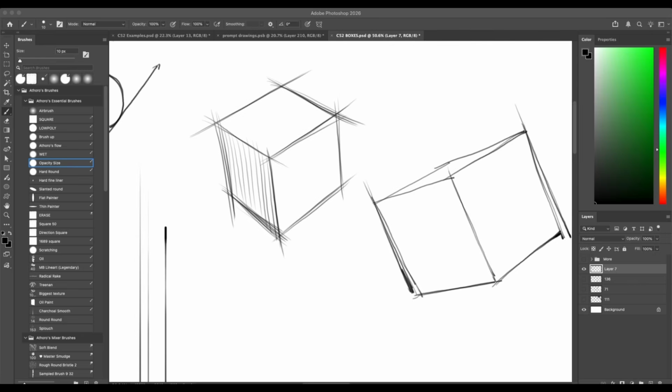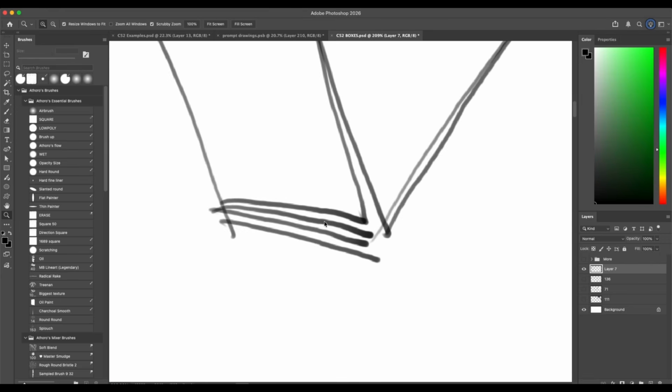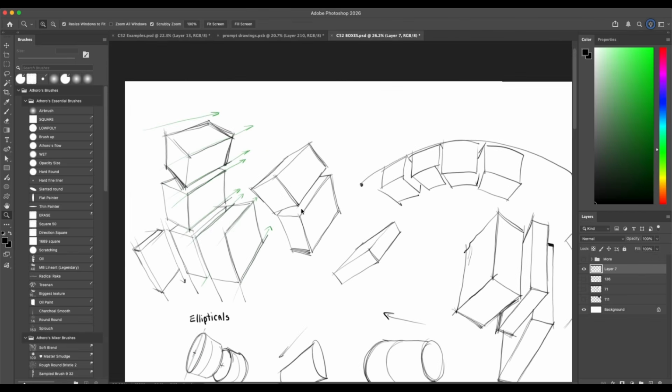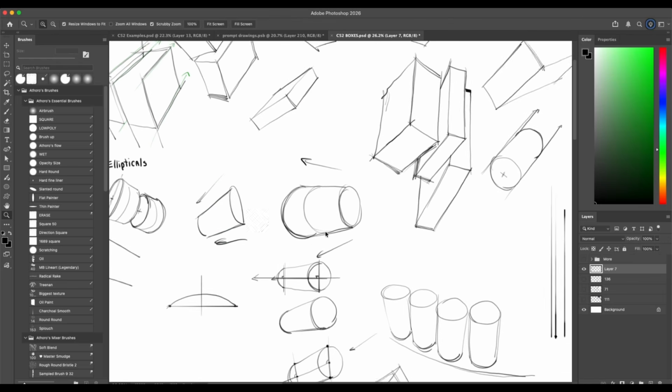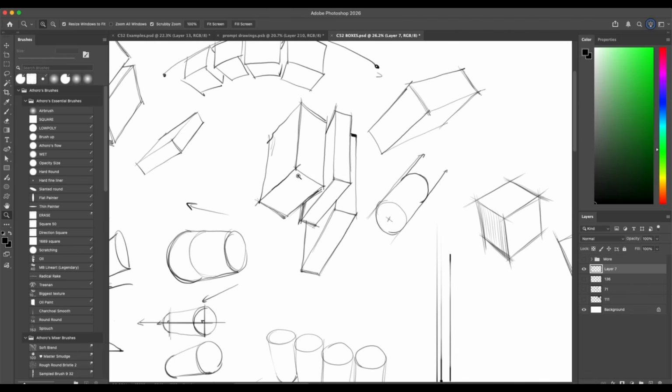You don't have to make your boxes clean. If you're afraid to post them because they're not clean, I wouldn't be posting mine, right? I've made 1, 2, 3 mistakes here. One of these lines should be representing the box, but I drew a bunch of them. They're at different locations, at different angles. All that matters is that you're making those corrections in your mind. You're not making a final piece that people are going to look at. You're not working for Valorant. You're just drawing boxes. So as long as you make those corrections and tell yourself that in your head,